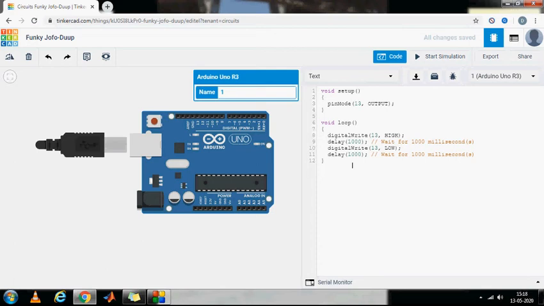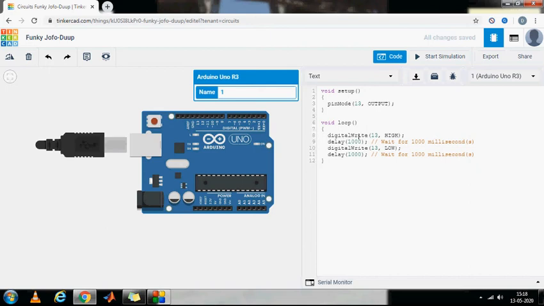Here the Arduino program is similar to C programming. In C also, initially we need to define the header files, and after that void setup and void loop. And here the starting program I'm explaining is the LED blinking. For that I'm going to take one LED, connected to the pin 13, that is the output pin. LED is the output module, that's why output pin. We always need to define the input and output pins in void setup.